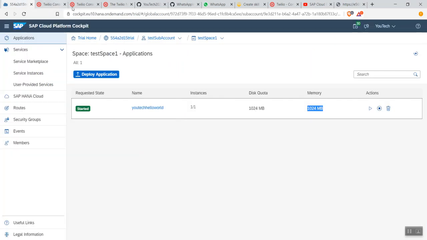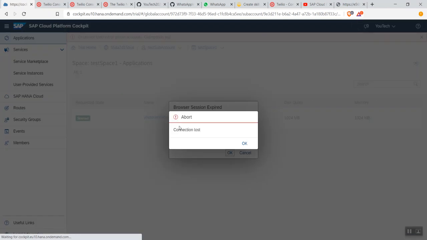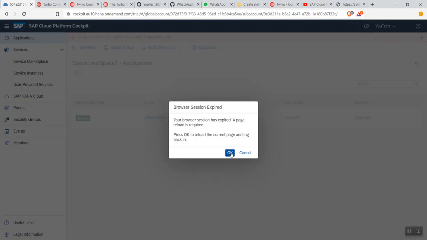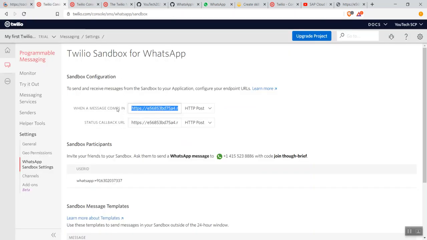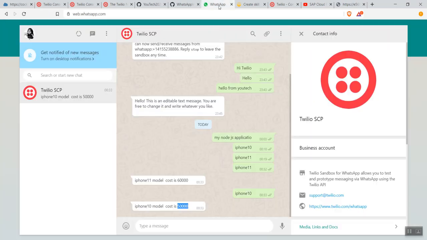Once you deploy this application, go to the application like this here. In the first video I probably showed how to take the application URL. In a similar way, you take this application URL and configure it here, right? Once you enter it, save it. So your application is now in production mode. From your WhatsApp, you can send any request to your Node.js application, and you can receive the response from your Node.js application. This is about this video.